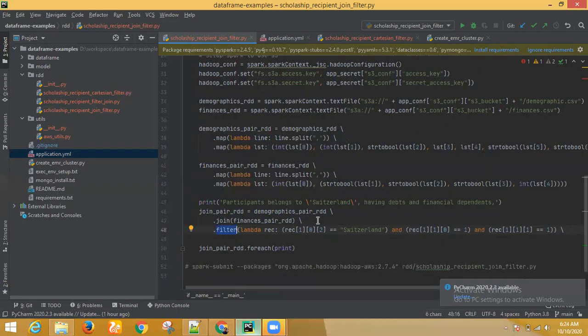If you remember what we have discussed, every time you want to apply a filter, you join. So what will the output be? The demographics RDD is an RDD of key value pairs. Key is integer, value is a tuple of almost 7 elements. Similarly, the finance RDD is an RDD of key value pairs. Key is student ID, which is integer, and value is a tuple of 5 to 6 elements. When you join them together, you get another pair RDD where the key is student ID and the value is a tuple inside 2 more tuples.